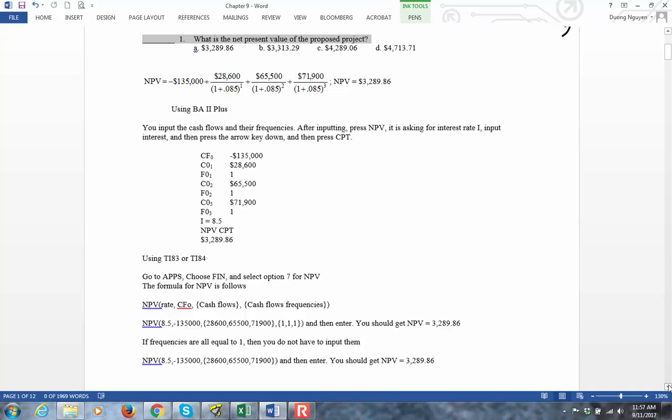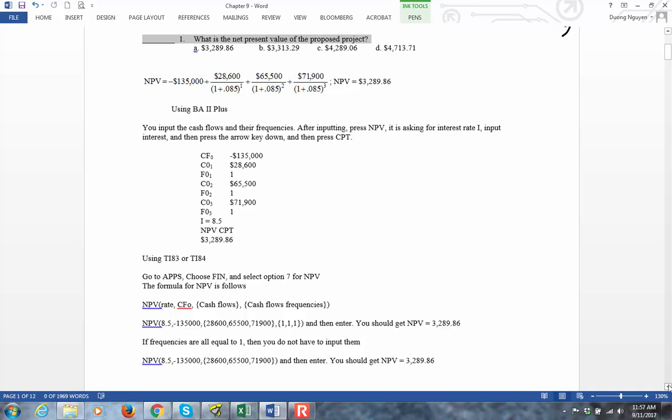The next number is the cash flow at time 0 and then cash flows in the future and the cash flow frequency. So in our example, the rate is 8.5. So you type the rate 8.5, comma, negative 135,000 for the cash flow at time 0 and comma, open a curly bracket,